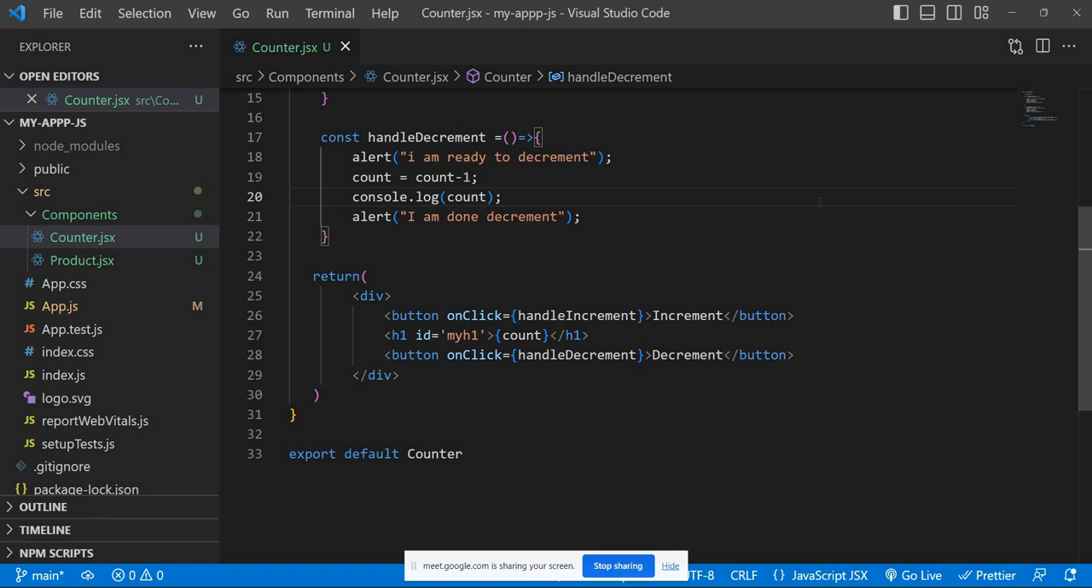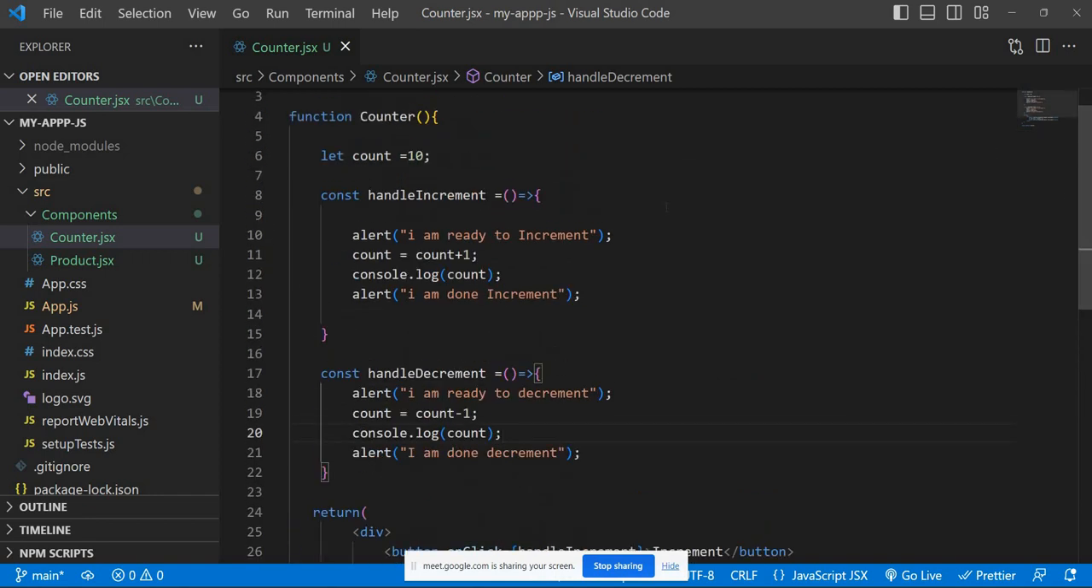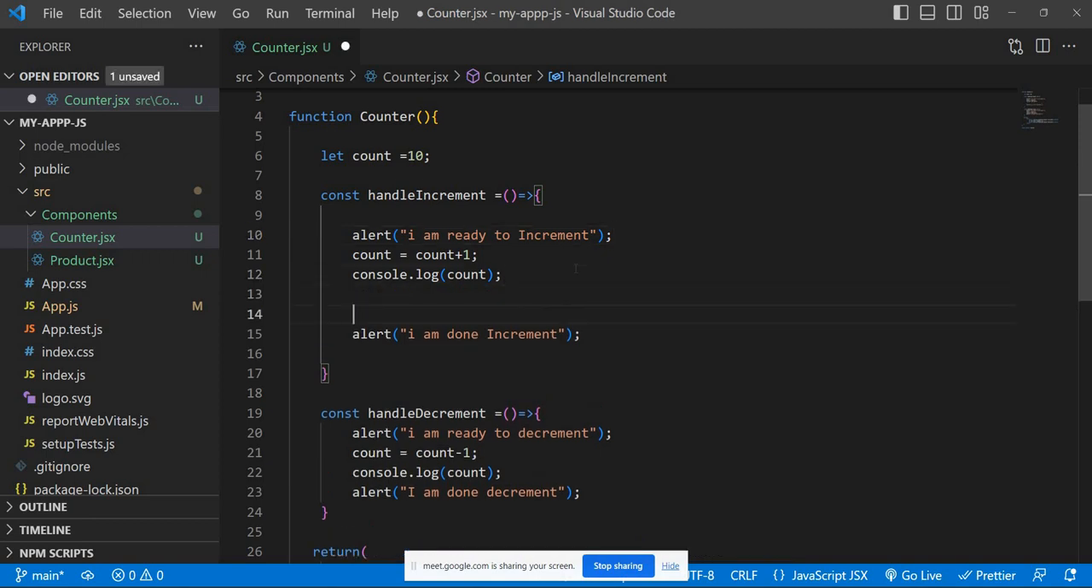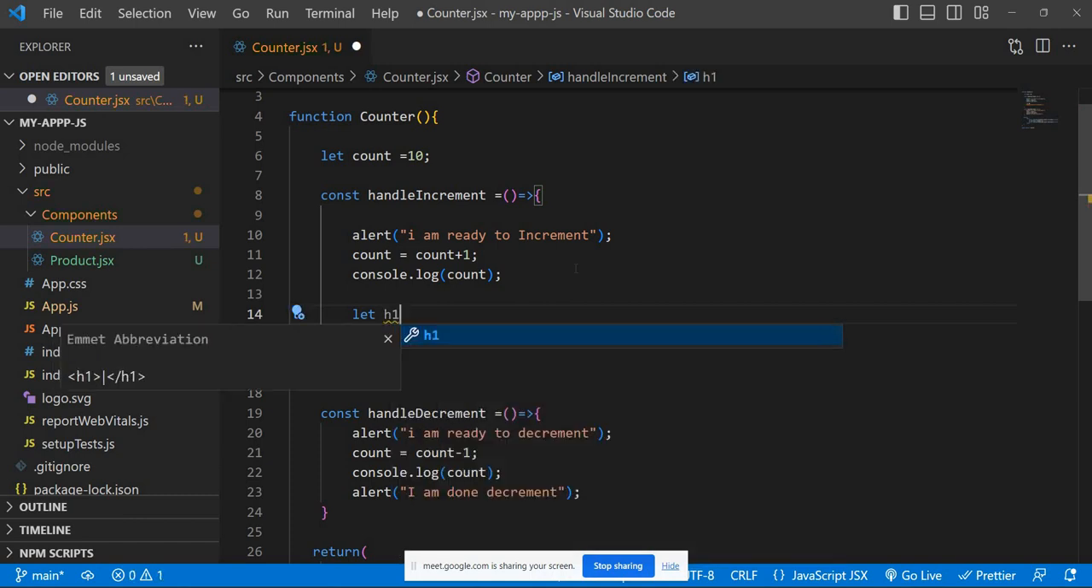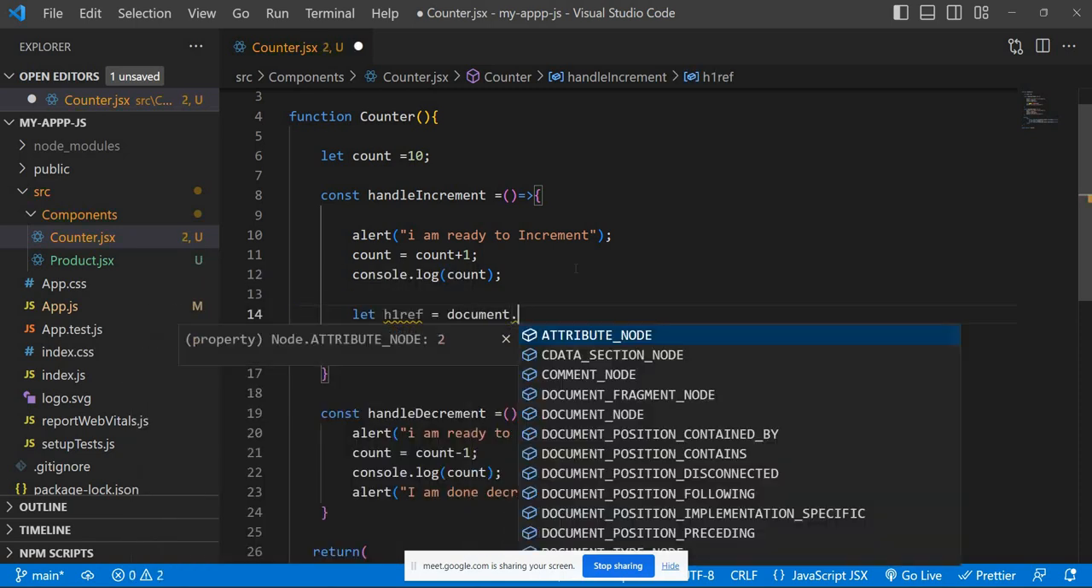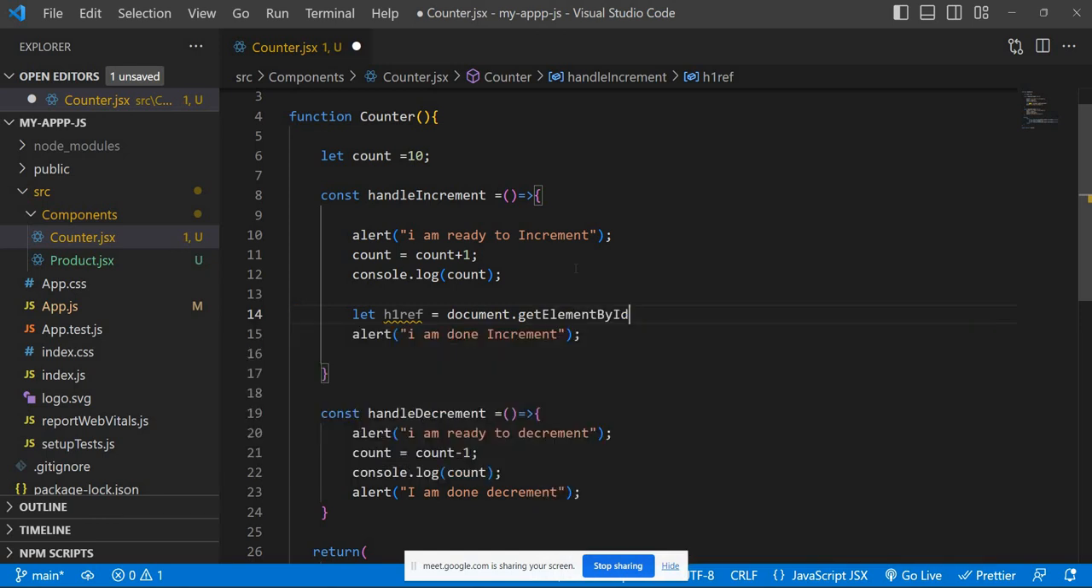So with plain JavaScript concept, what we can do every time: let h1 reference. What you can do? document.getElementById. What is the ID? My h1. So you got the reference, and you should update